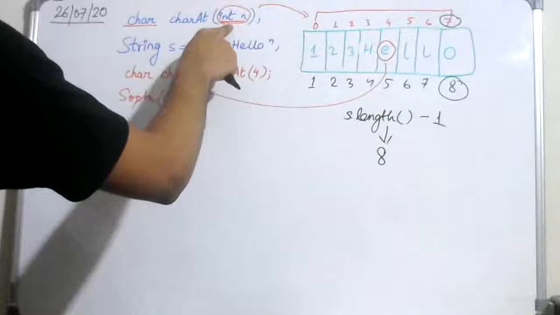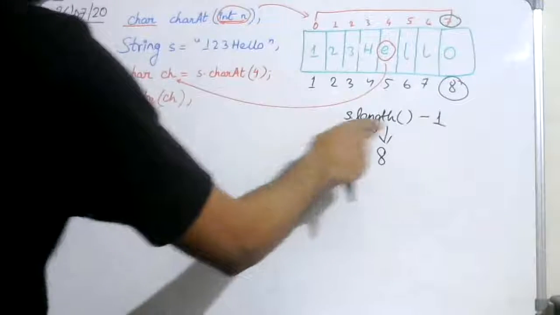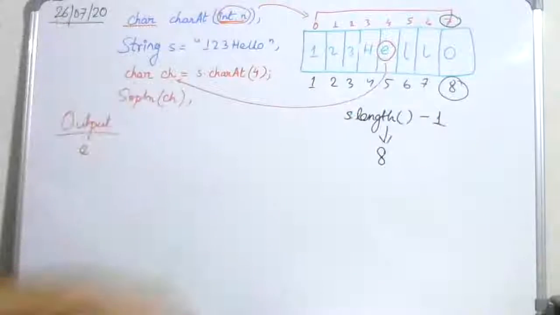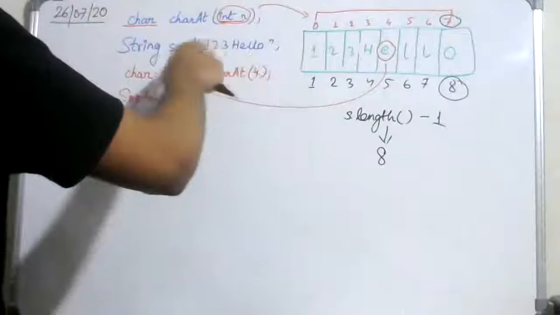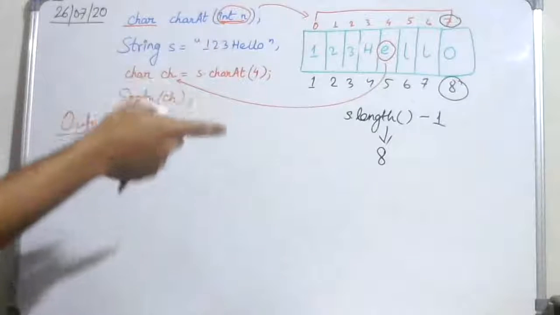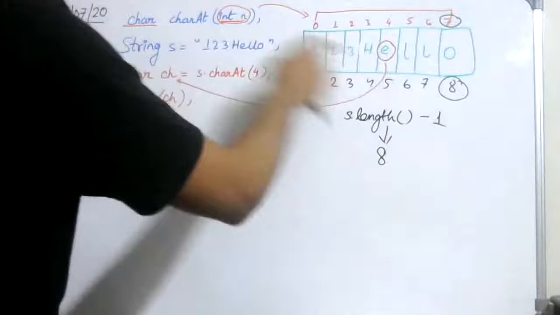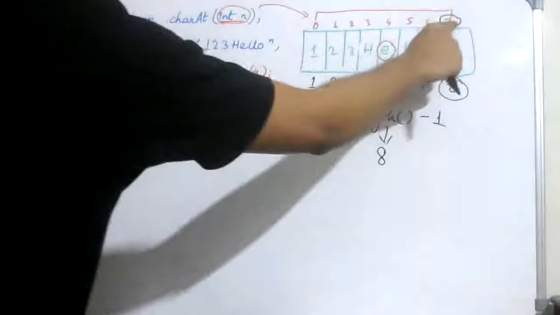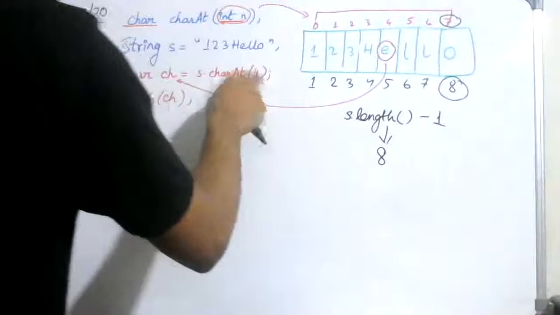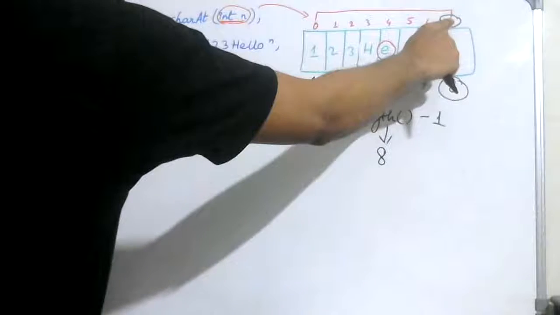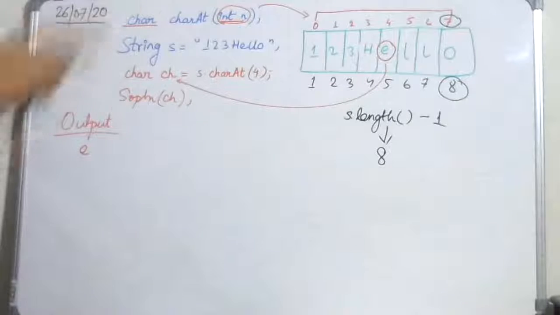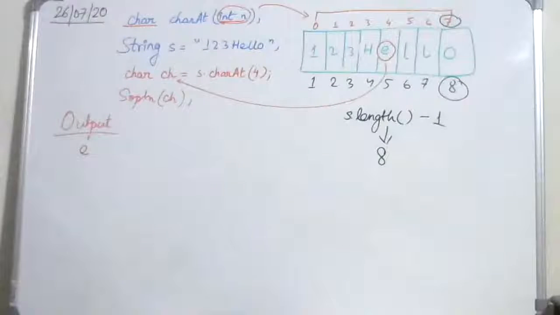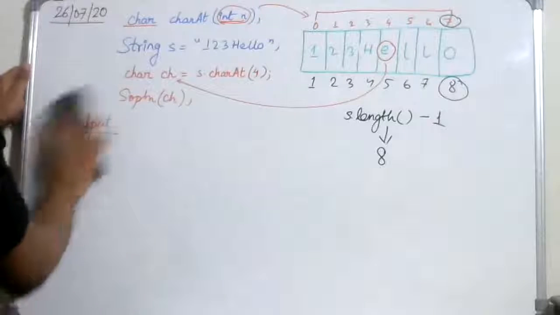So the maximum value that char can take as an argument is s.length minus 1. If we normally count starting from 1, the total number of characters minus 1 will be the maximum value that you can take. Since the maximum value is 7 here, if I give 8 to this, it will give me an error. So the maximum value can be 7. On giving 7, I retrieve O from the string, and that is how it works. So it's always 1 less than the total number of characters, the maximum value that char can take as an argument.